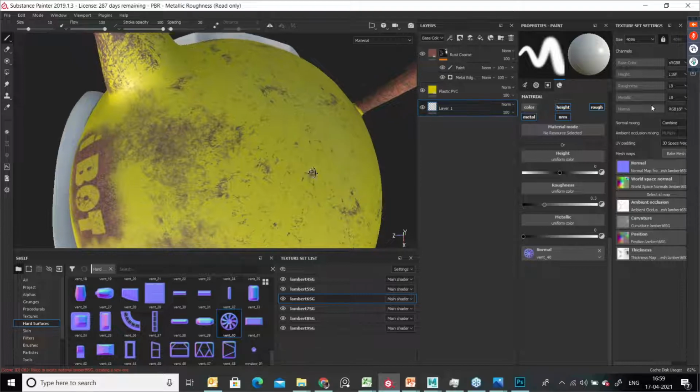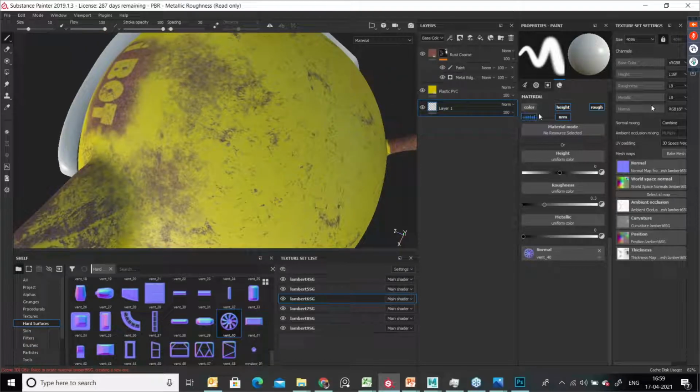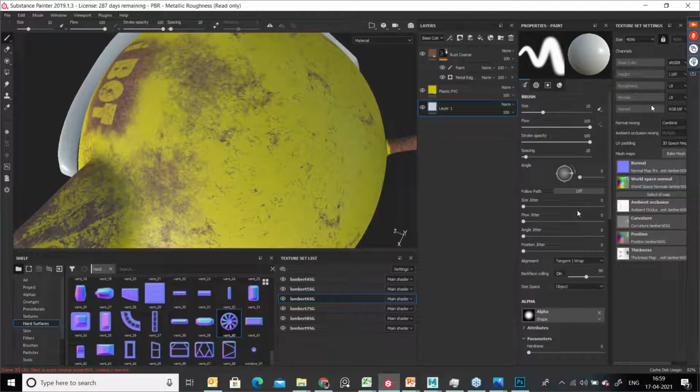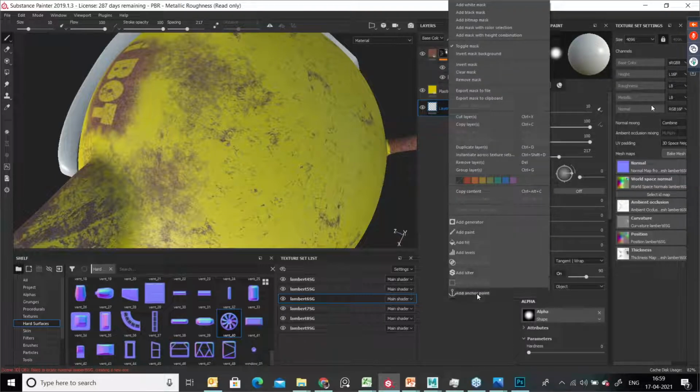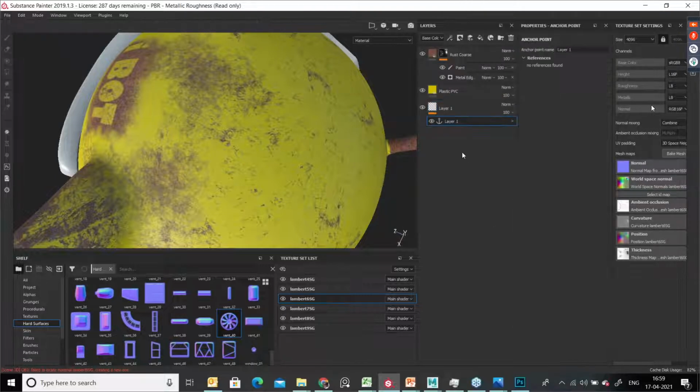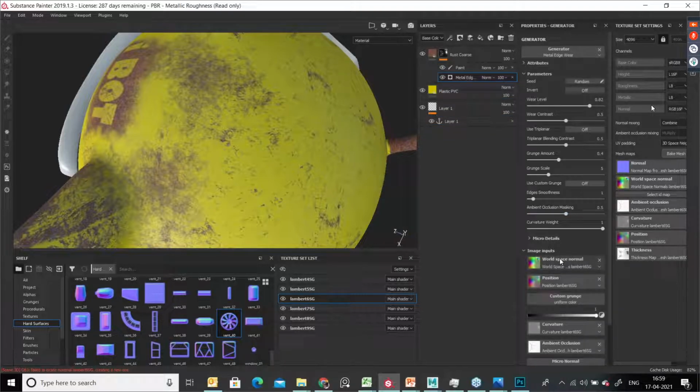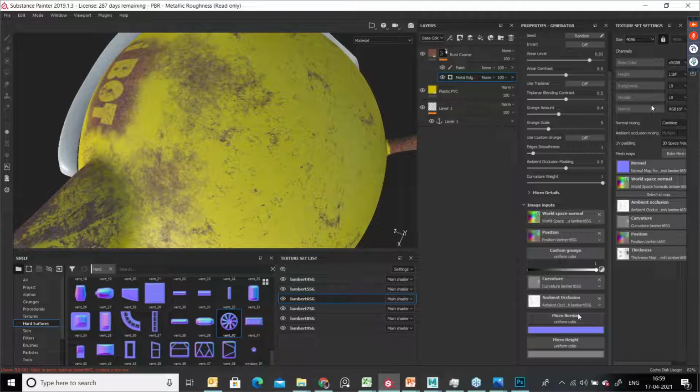Okay, now you can just use this brush. You can just go ahead here and try to increase the brush over here, and you can just choose this anchor point, because we are going to use this as an anchor point. And here also we are going to use micro normal.